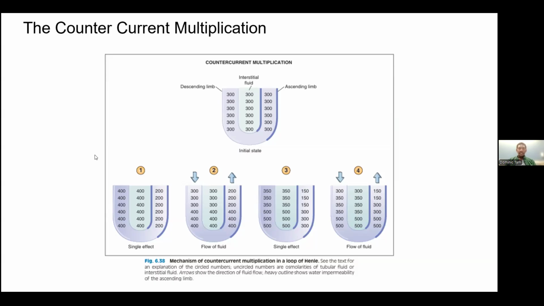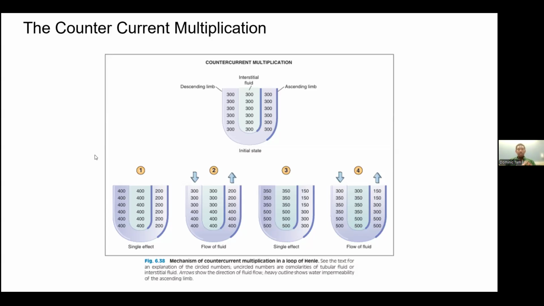Step two is the flow of fluid. So now new fluid with an osmolarity of 300 is going to enter the descending limb from the proximal tubule, and an equal volume of fluid is going to be displaced from the ascending limb. And as a result of this fluid shift, the high osmolarity fluid that was in the descending limb is now going to be pushed down towards the bend of the loop of Henle. Right. Based on the diagram, we can see the gradient start to develop a little bit. All right. So this new fluid is going to get pushed down, and then you're going to have step three